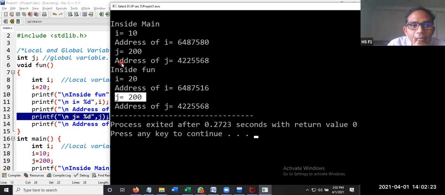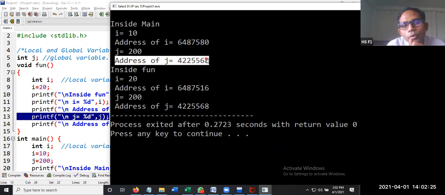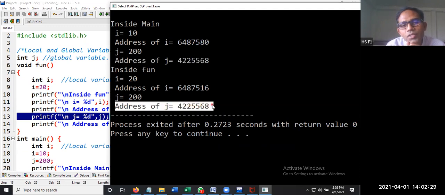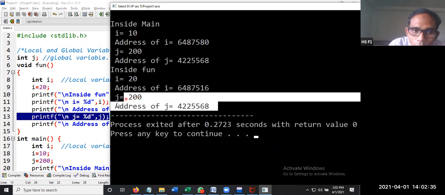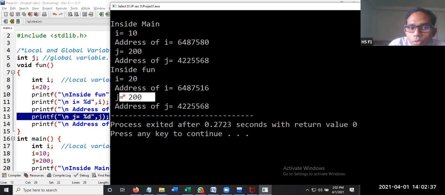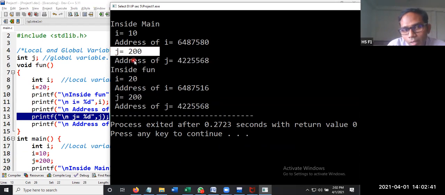Then see the address of J is equal to 4225568. Similarly, here also the address of J is equal to 4225568. There is no change in the address of a global variable. There is no change in the value of J. So if you modify the value of J in one function, it will be reflected throughout the program.